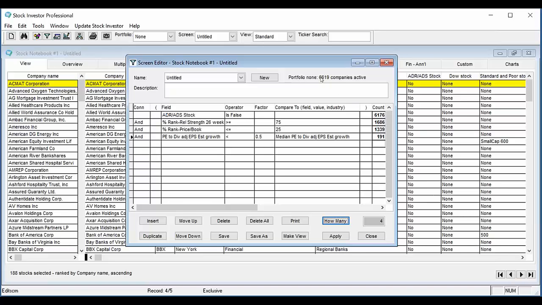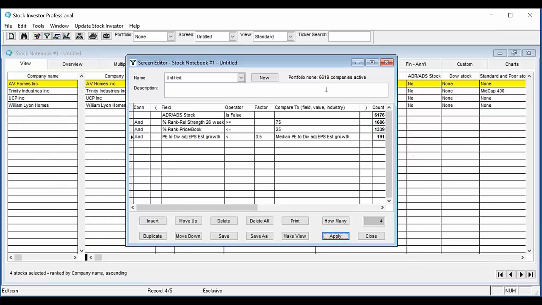And we've gone from 6,619 companies down to only 4 with just 4 pieces of criteria, which is ultimately what I find most beneficial about stock screening. When we first started out, we had almost 7,000 companies. And that's an awful lot of companies just to randomly go through. You spend a lot of time trying to analyze all of these companies. But if you look for companies that have a specific set of characteristics, and if you can quantify those characteristics, you can create a stock screen, and literally with a click of a button, we've gone from 6,619 companies down to only 4